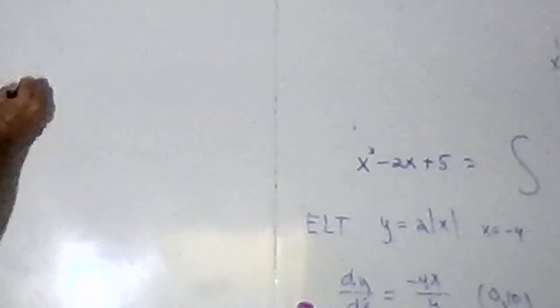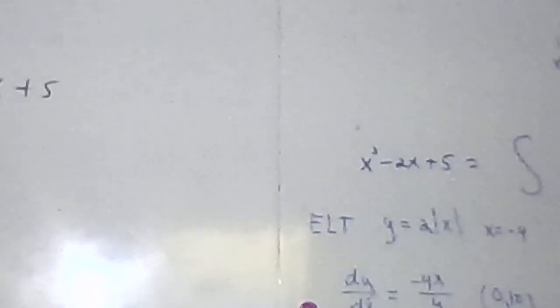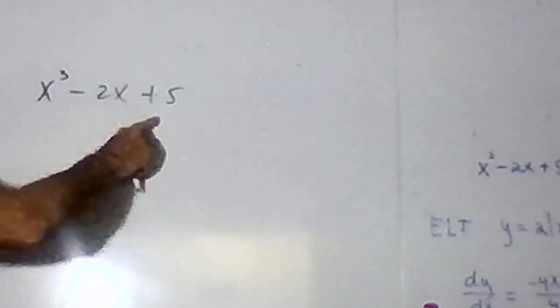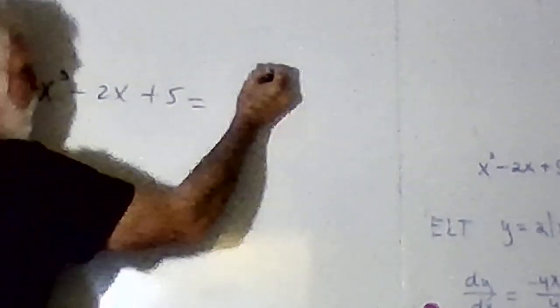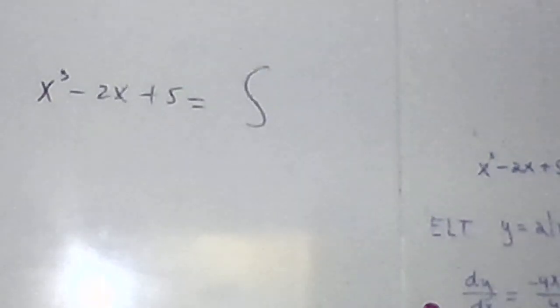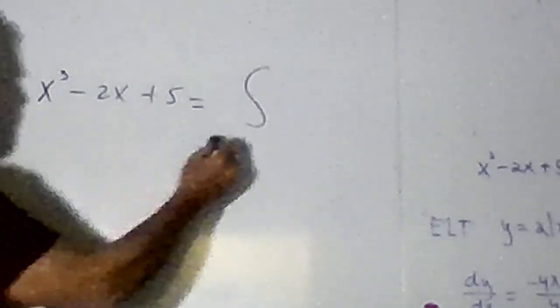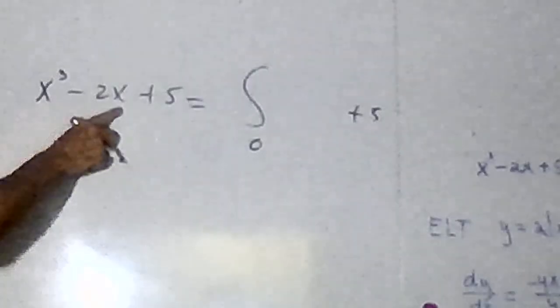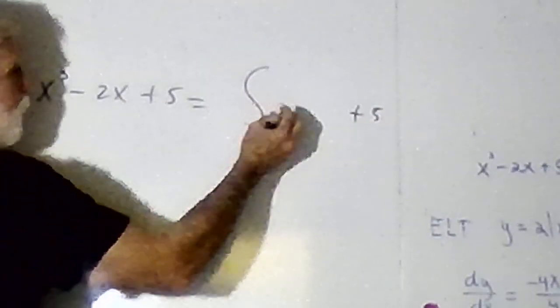So let's write x cubed minus 2x plus 5 as an integral expression. Well, this is much better. Of course, you got to be able to see it. There we go. x cubed minus 2x plus 5. How do I write that as an integral? Well, you're pausing the video. I can see a 0 gets me 5, so I'll take that. That's a gift. All right, and now I need the derivative of this, which is 3x squared